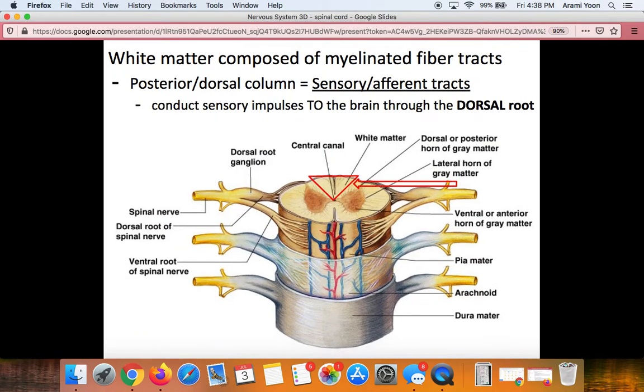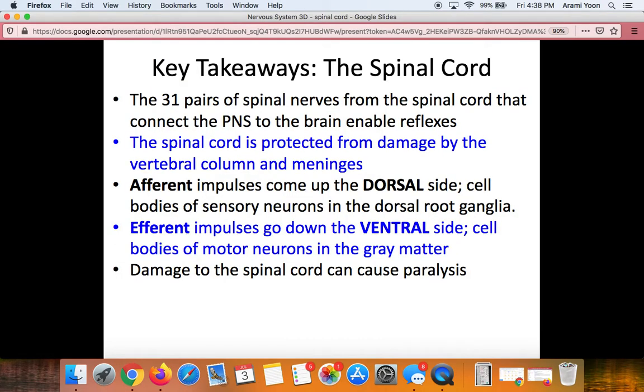Okay, so here are your key takeaways for the spinal cord. First of all, you need to know that the 31 pairs of spinal nerves, it's actually more than 31 pairs if you include the cauda equina. But these spinal nerves from the spinal cord connect the PNS to the brain, and they enable reflexes. Second, you should know the spinal cord is protected from damage by the vertebral column, so the bone, as well as the meninges. You also need to know that afferent impulses, meaning sensory impulses, come up the dorsal side,